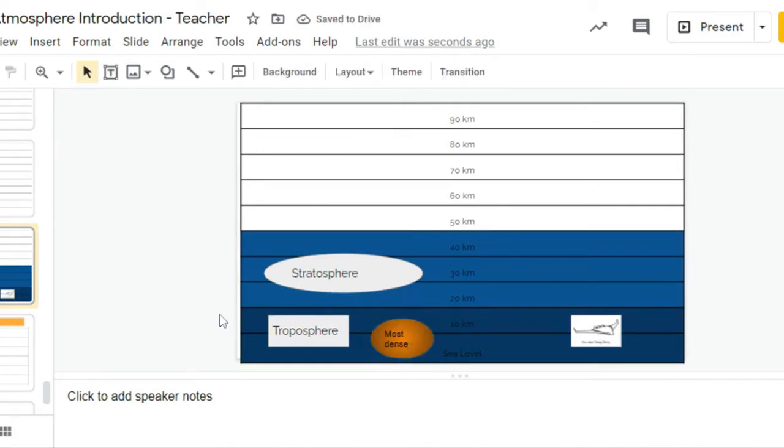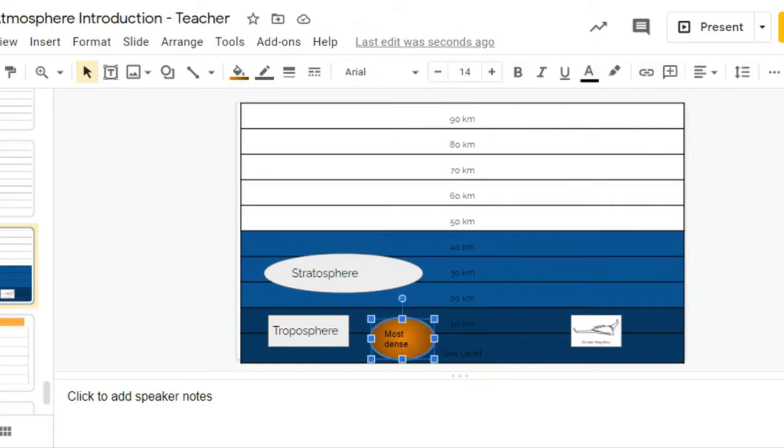Then I'm ready to do the stratosphere. Now the stratosphere is the second most dense. There's 24% of our air there. And so we are going to show that by simply clicking on the same circle. I'm going to press Control C and then Control V, and that copies and pastes it for me. I'm going to put that circle up here. Instead of saying most dense, I'm going to say second